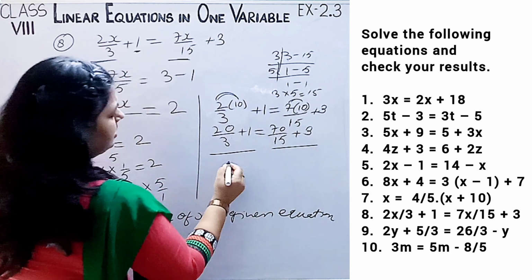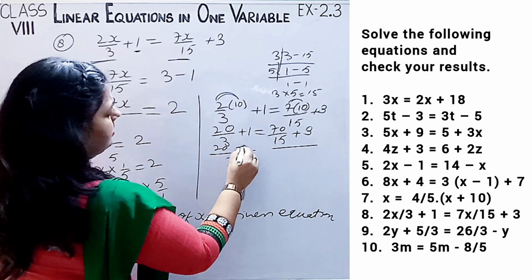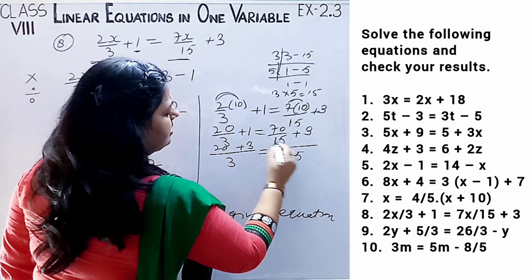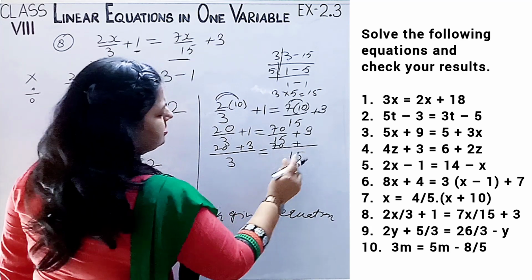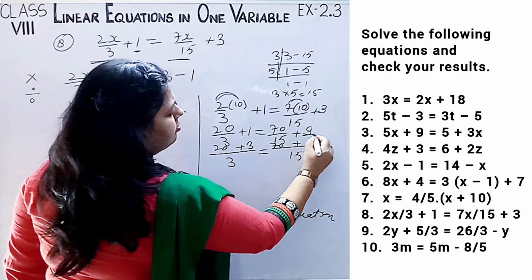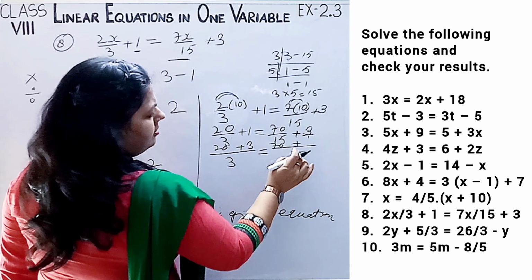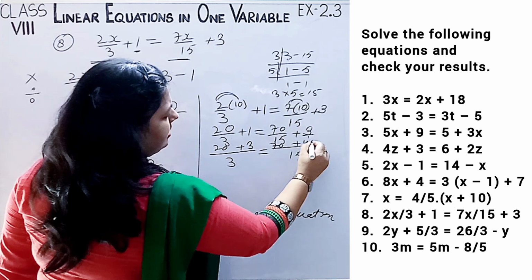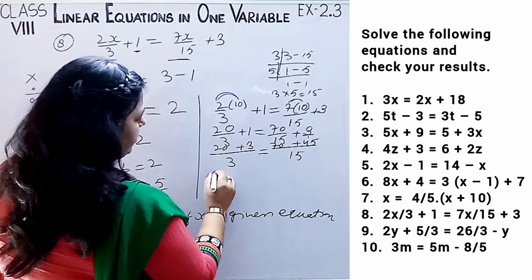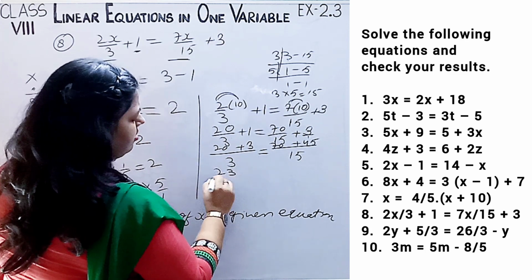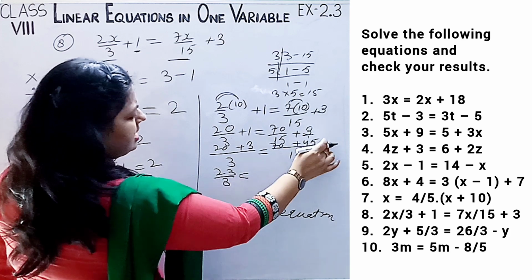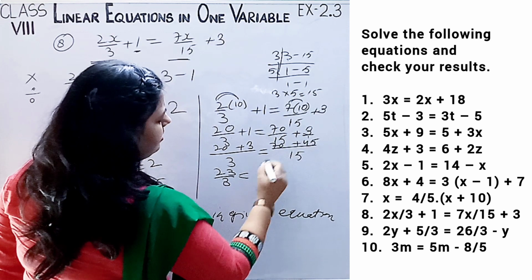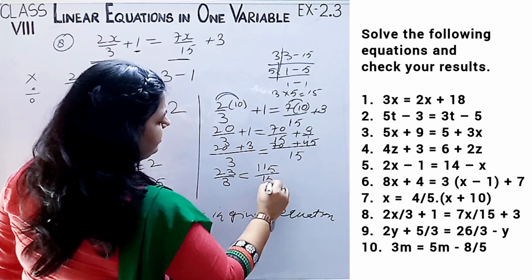LCM 3, 20 plus 3. Right hand side, 15, 70 plus, by the rule we know, here we don't have anything in the denominator, so we put 1, divide, then we get 15, multiply with 3, 45. Now 20 plus 3 is 23 upon 3. Coming to this part, adding this we get 5, 7 and 4, 11 upon 15.